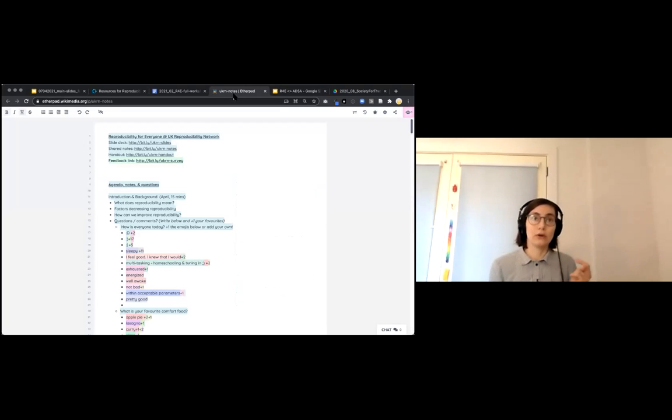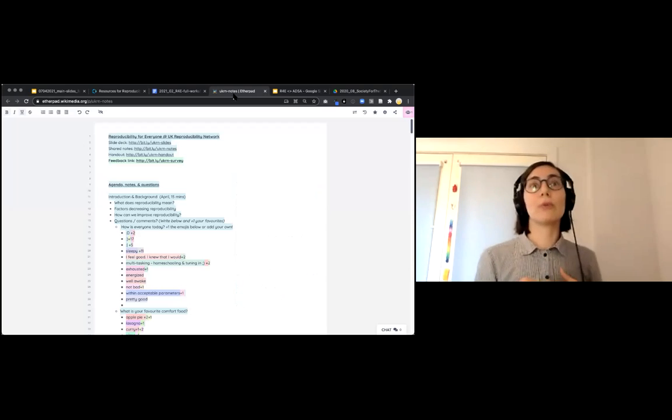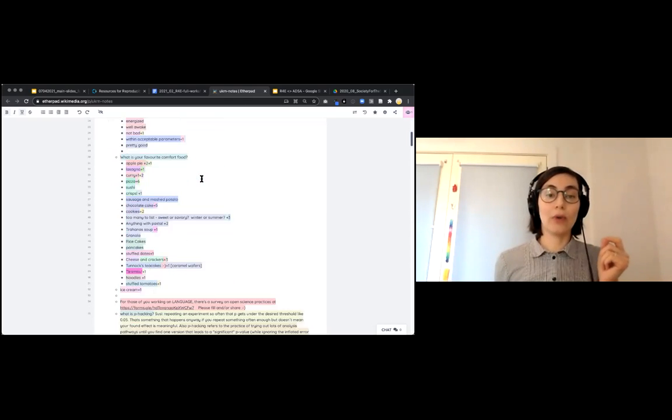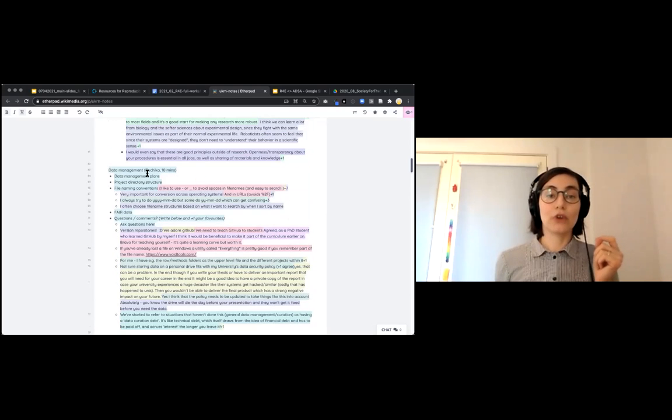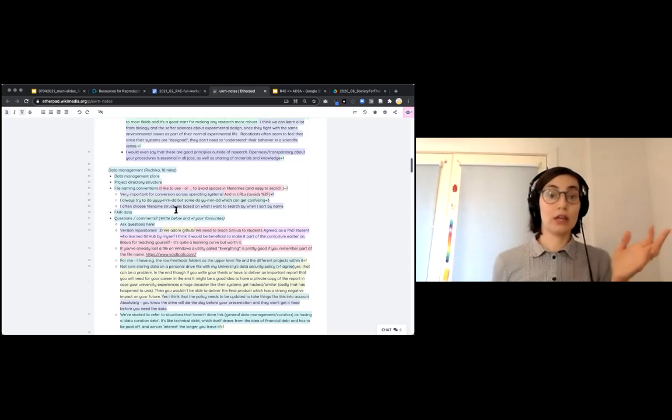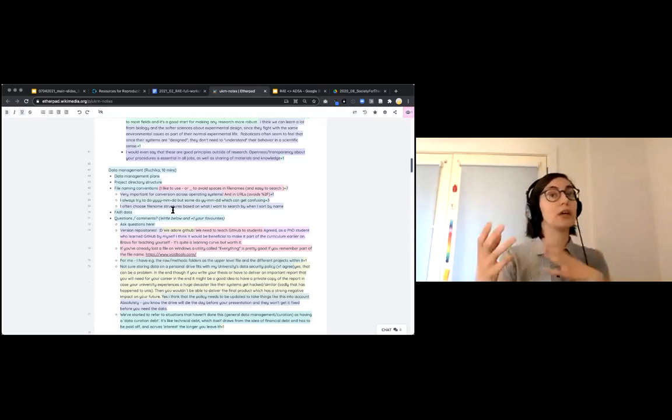Etherpad. One of the challenges to trying to reach people at scale is, how do you make a workshop interactive? How do you have real-time knowledge sharing among the participants when you can't really have 200 people unmute and share their questions? So our solution has been this real-time text editing tool called the Etherpad. For each section, for example, here's data management, people can write their questions and also share their tips and tricks here in the Etherpad. And the conversation gets really vibrant.